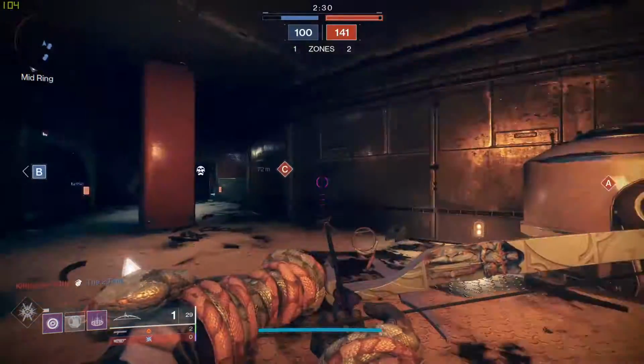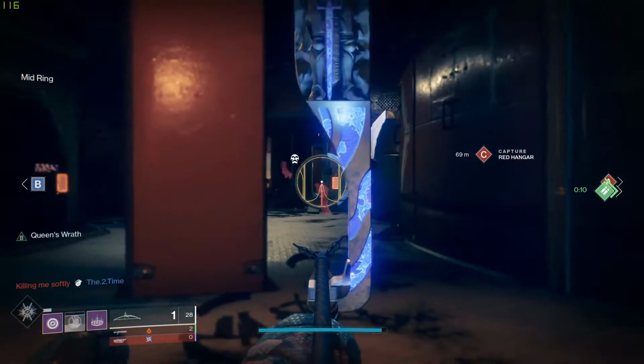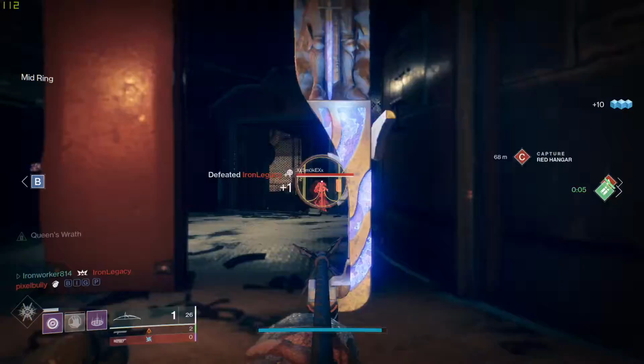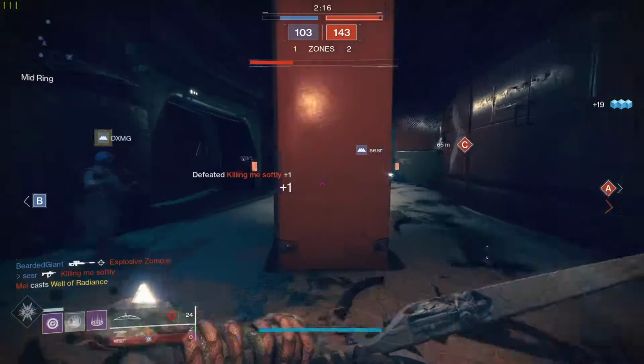You can see their movement. You can see how fast they're moving. You can see what direction they are moving. You can make out what direction they are facing if they're standing still. You will know how many enemies are there, and you will be able to make an educated decision on what